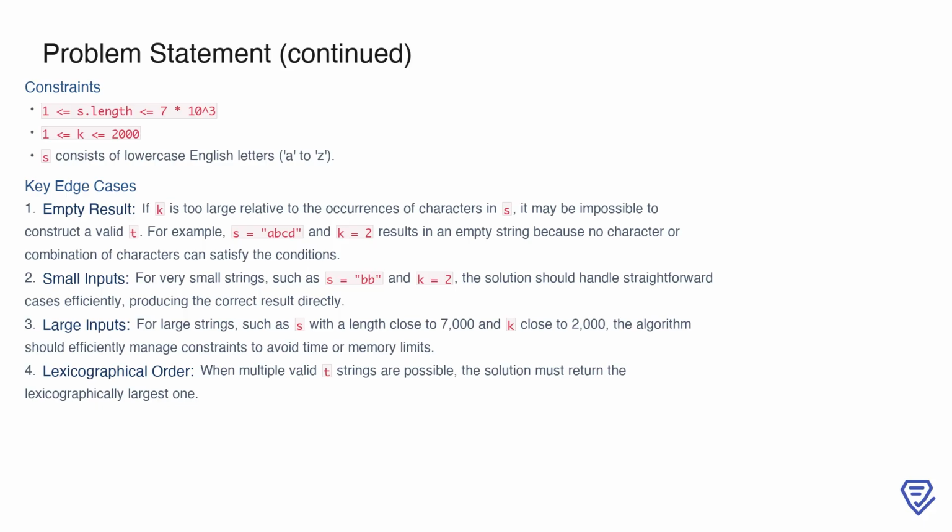For example, with s equals "abcd" and k equals 2, no valid string t exists. Another key scenario involves small inputs, like s equals "bb" and k equals 2, where the solution should efficiently produce the correct result. For large inputs, the algorithm must efficiently navigate the constraints to avoid hitting time or memory limits. Finally, when multiple valid strings t are possible, the solution must always return the lexicographically largest one, ensuring correctness and